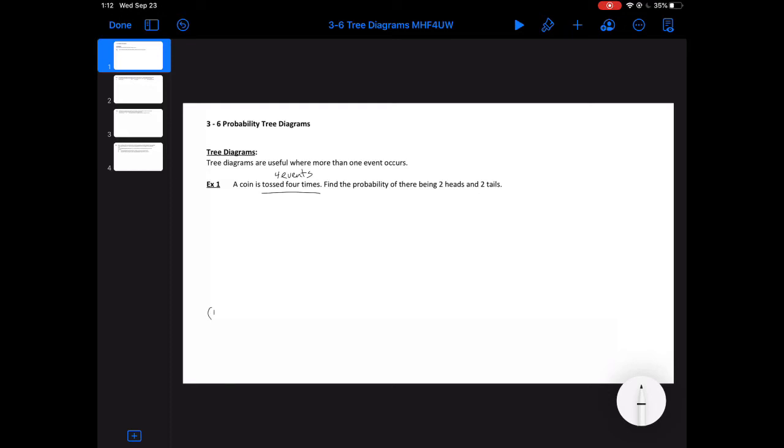So we can start off our tree with our first branch being our first event. So we can either have head or tails. The chance of flipping either of those is 1/2. We're going to flip it a second time, so we have another branch. If you flipped a tail the first time, you could again flip a tail, or you could flip a head. Same down here. And we're going to keep going because we've got 3